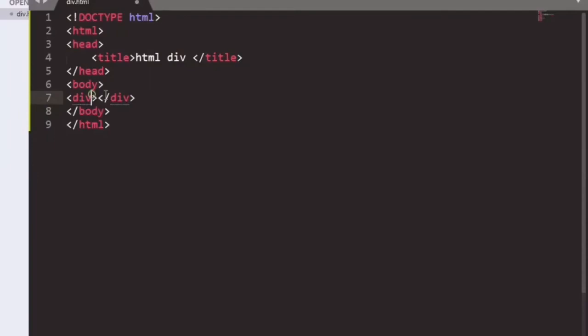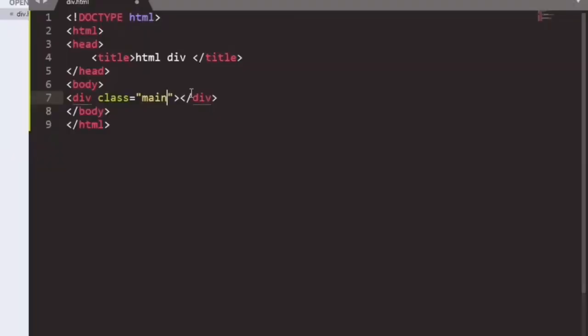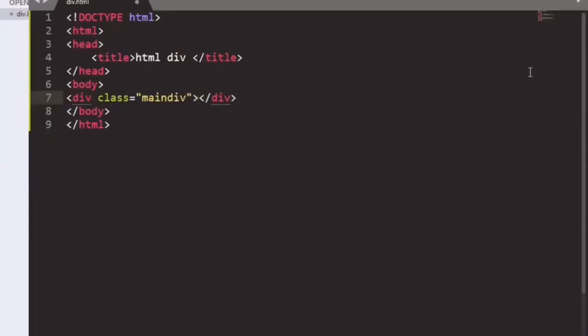You can see the div tag has been created here. In between this we have to pass some class. Suppose the class name we are taking is main div. So main div is the value of class.